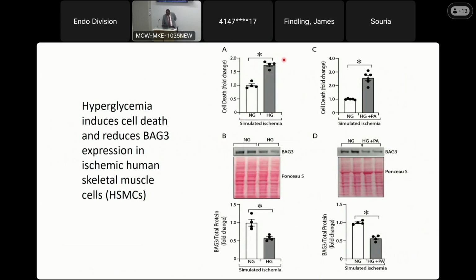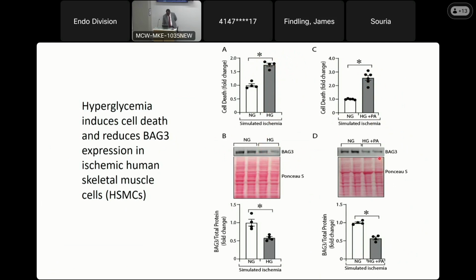These cells were then exposed to what we call simulated ischemia, where you drop the oxygen content and also reduce nutrition in order to simulate ischemia. And what you see is that there's actually increased death of those skeletal muscle cells under high glucose and palmitic acid. Under those same conditions, when you look at BAG3 expression in these cells, you can see that there's less BAG3 expression,